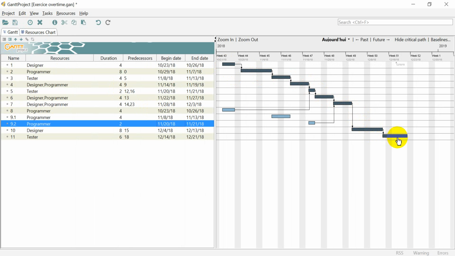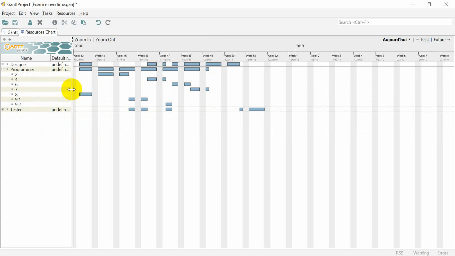So here we can see that without changing the critical path dates, just by changing some tasks during our project, we can find a solution to allocate our resources properly with the same schedule as